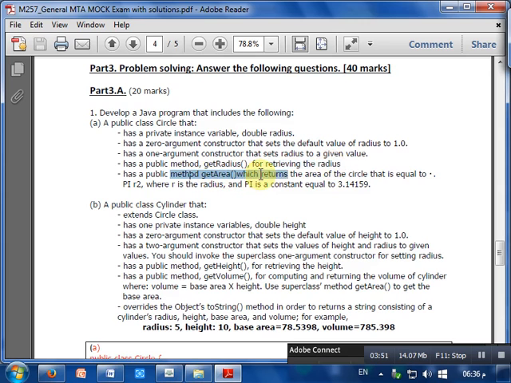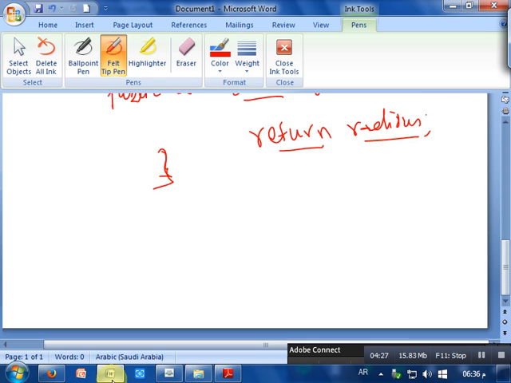Then public method getArea which returns the area of a circle, which is equal to pi r square. Pi r square means pi into r into r. Pi is a constant which is equal to 3.14159, or you can use Math.PI. So you have to write a method called getArea which will return this value, which is also a double value. So the return type for getArea is double. So here you have to write a method called public static double getArea,